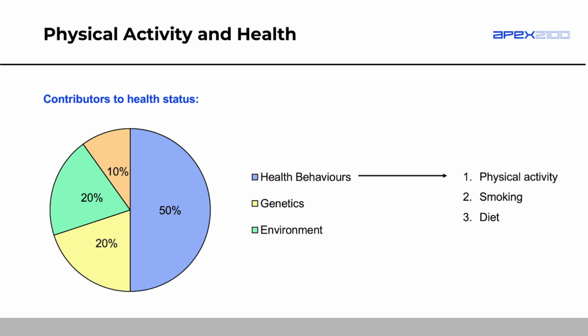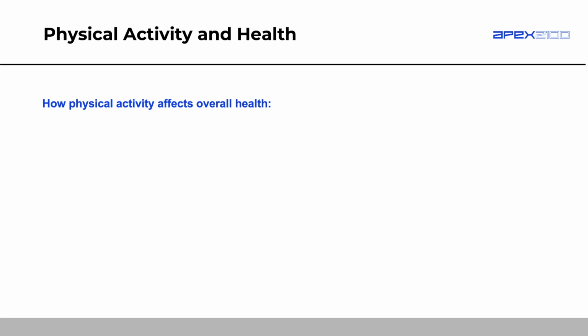20% comes from the environment. So if you live somewhere that exposes you to infectious diseases or poor food and water sources, even if you live in an environment where the crime rates are high, or you don't have access to facilities for exercise, like safe facilities for exercise, that can affect your health and longevity, being the amount of time you live. 10% is attributed to other, so we don't quite know what's going on with that other 10%, but health behaviors is really the big one.